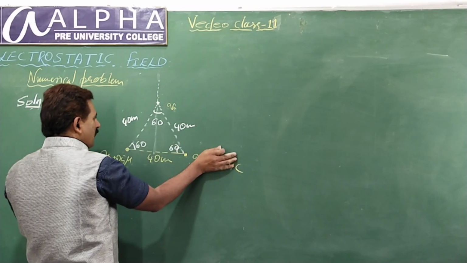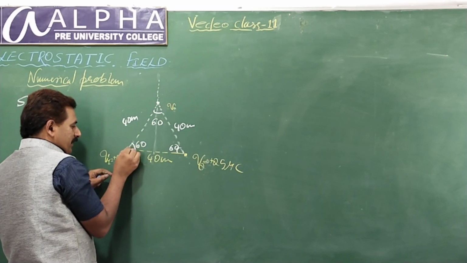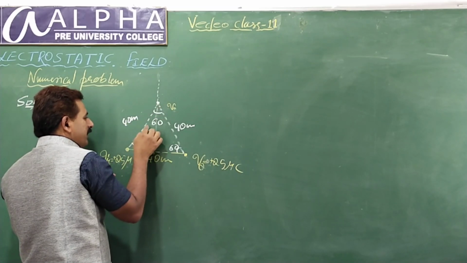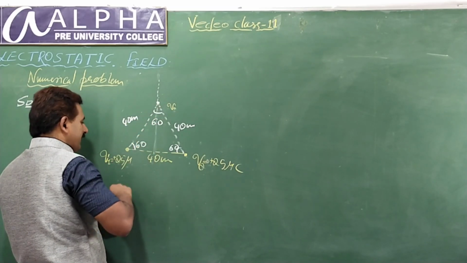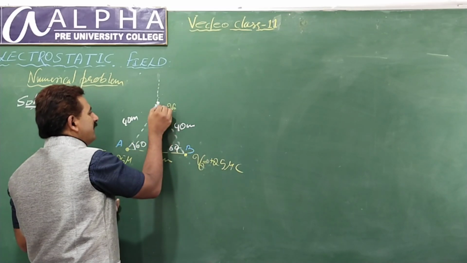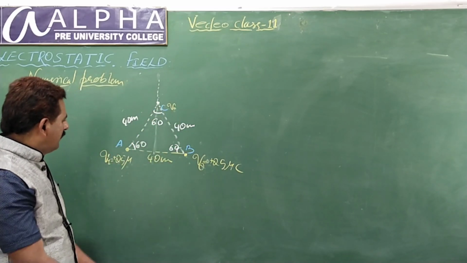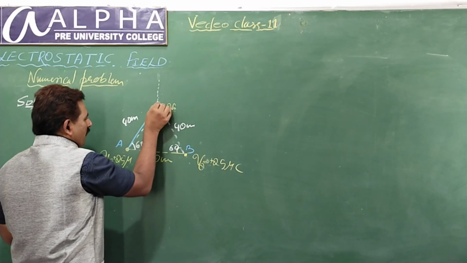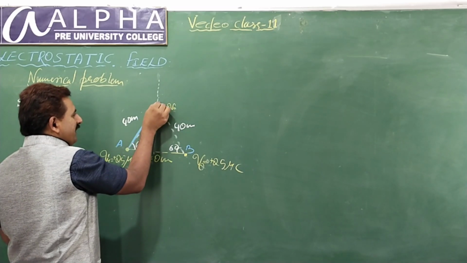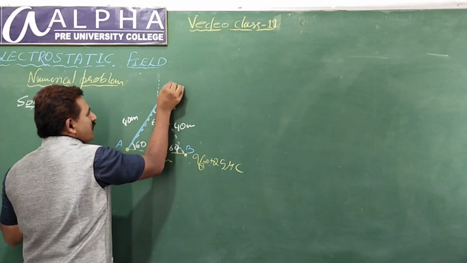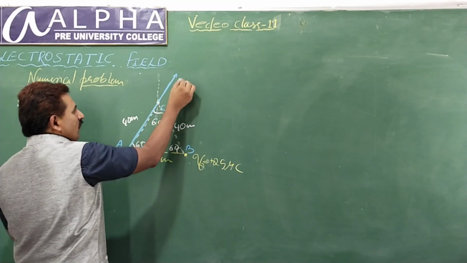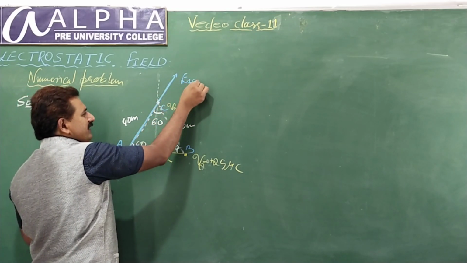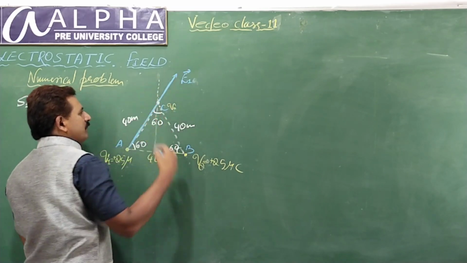Due to this charge, what is the electric field? How do you show direction? First you have shown the distance between these two, that is 40 centimeters. You call this position A, this B and this C. Same as the force problem. Now you join these two, already joined, right? Straight line AC. Extend this. This is the direction of the electric field. Electric field of the first charge, that is E1, at C. I can write E1C or just E1. I have shown here, no problem.